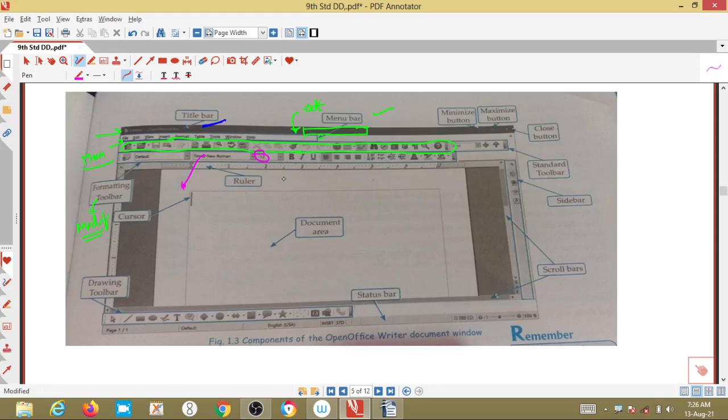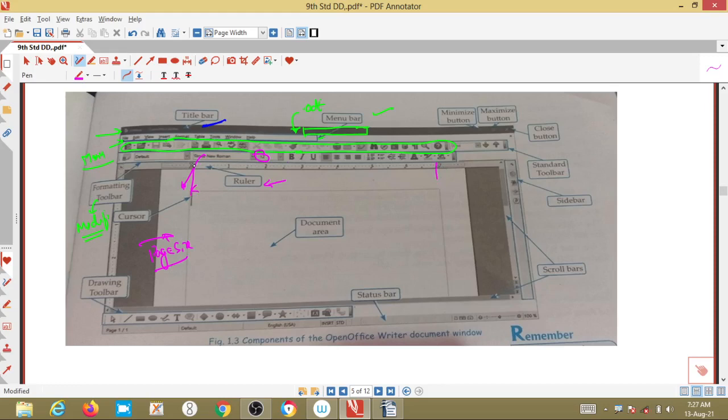Below the formatting toolbar there is a ruler. It shows the area being displayed here. This is the page, and we can even change the page size. Suppose I have drawn a box, inside this we are writing, and the ruler will show the text position, where the text can be written, and where the margin of this page is.